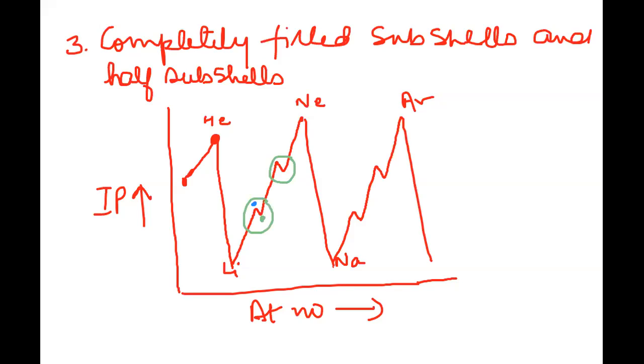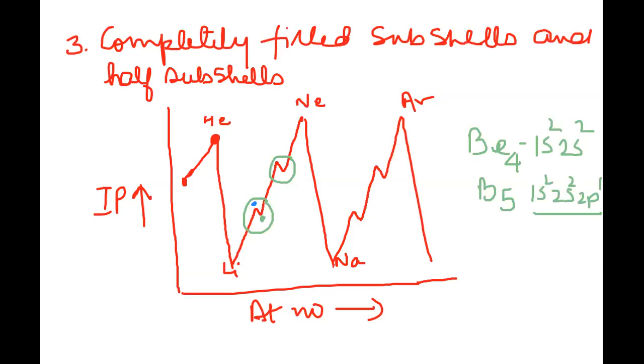The reason is that beryllium is atomic number 4. So you write the electronic configuration as 1s2 2s2. So you're going to pull out an electron from a completely filled subshell. And then when you go to boron, with atomic number 5, the electron is to be pulled out from 1s2 2s2 2p1. That is why you see a slight reverse order.